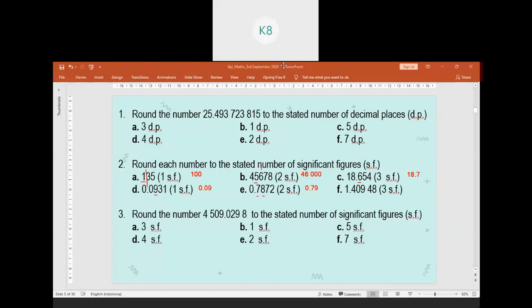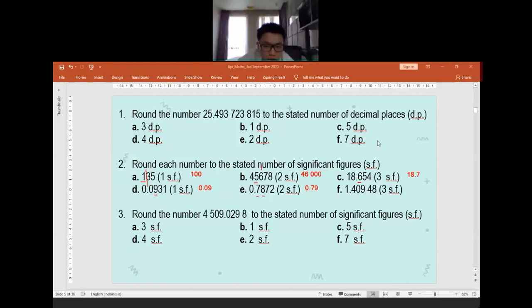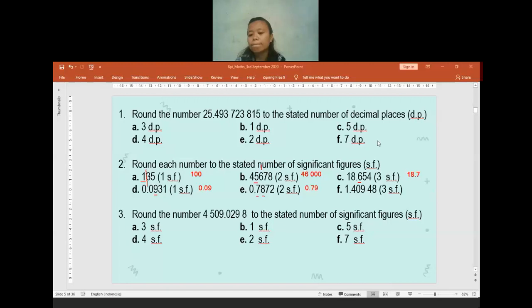But on my side, there is no gray square. How about the others? Is there anyone having a gray square or anything? No, teacher, there's no gray square at all. Okay, it's clear, nothing is hidden. I think there is a problem with your internet connection, Ken. Is there a gray square before? No, I think I'm lagging, because I do not open any other app, so it's supposed to be not having any gray square.